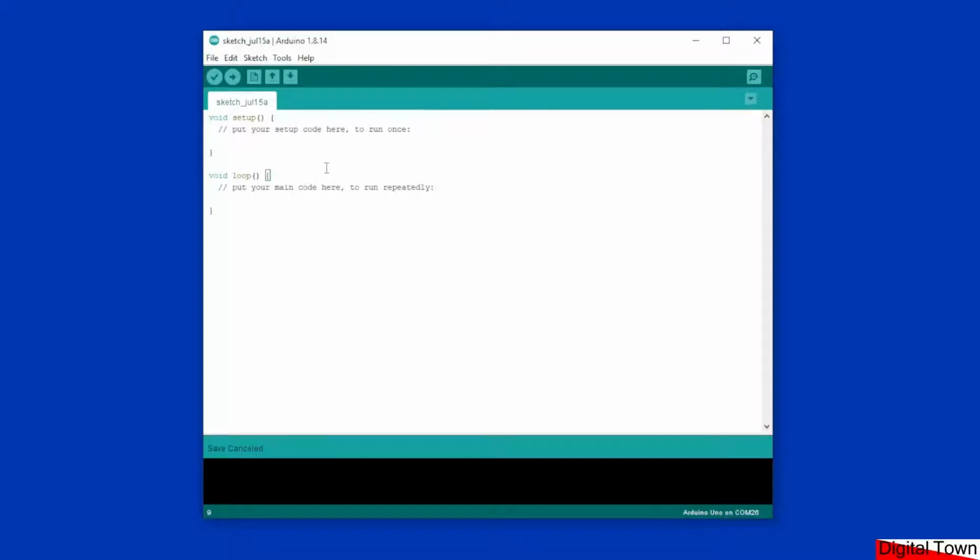Now these two functions are in every single Arduino sketch. We may add 2 or 3 more functions, we might add 1,000 more functions, but no matter how many you have, the minimum number of functions will always be these two, and they are both required. If you remove either of these functions, your sketch will not work. So what are these? Well, putting it simply, setup is the things that is done before the program really gets